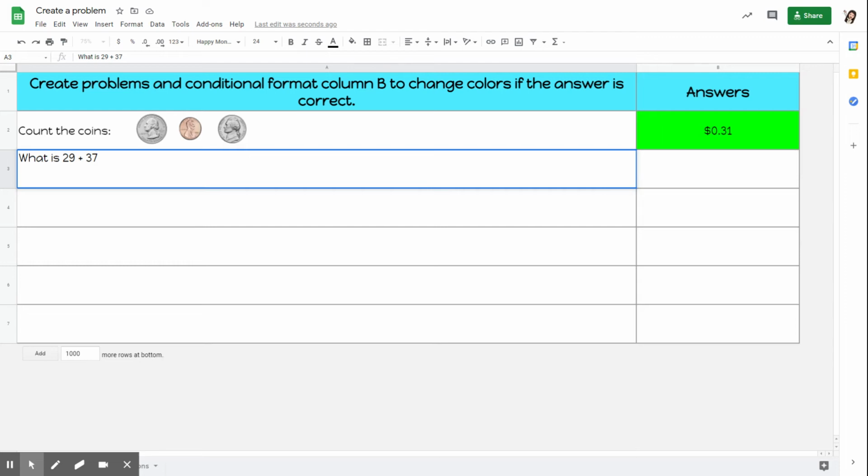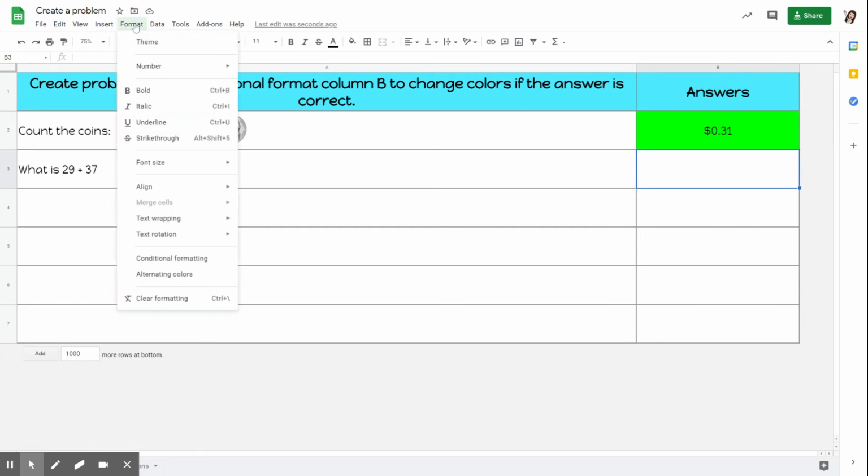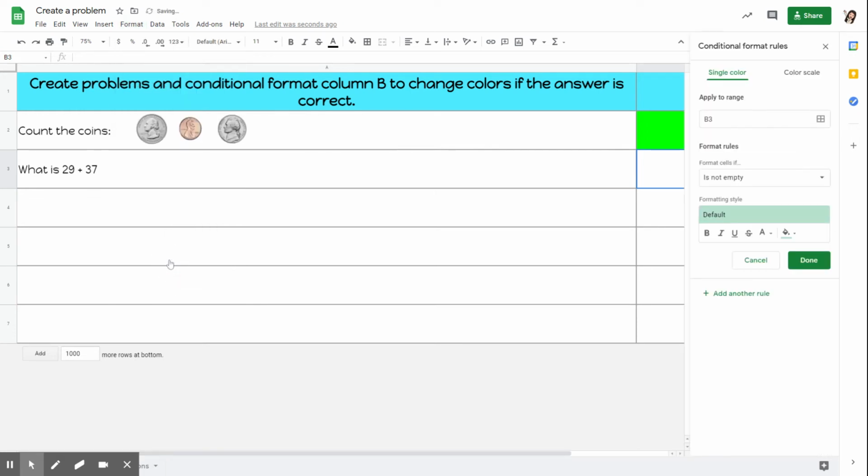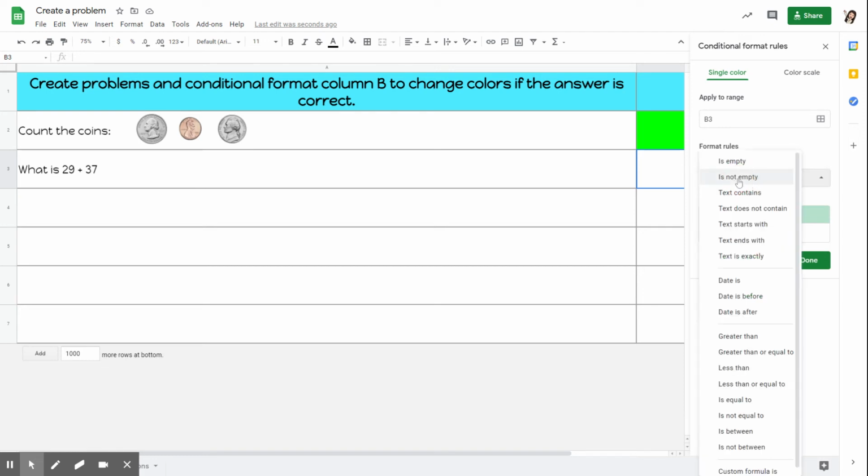So once I've done that, I'm going to select this cell over here. So these are my answer choices. And then I'm going to go up to the top and I'm going to click Format, Conditional Formatting. So again, I did Format, Conditional Formatting. And then right here, Format Cells. So this means give it this rule. So I want this to happen if this happens. So you have a bunch of choices here. I'm going to choose if it is equal to